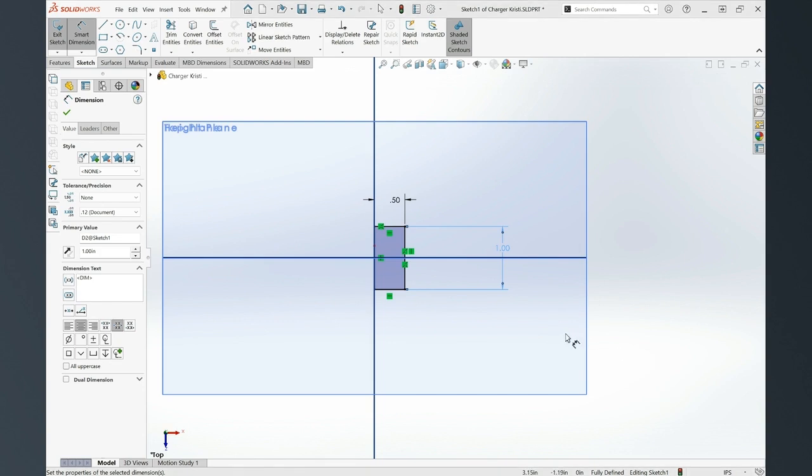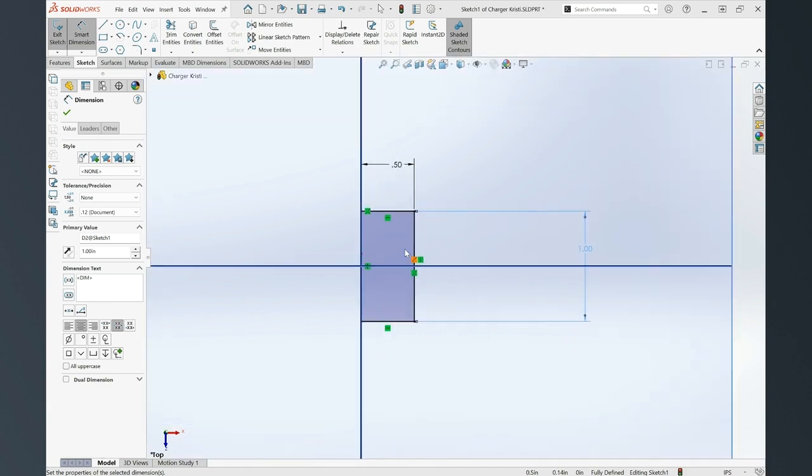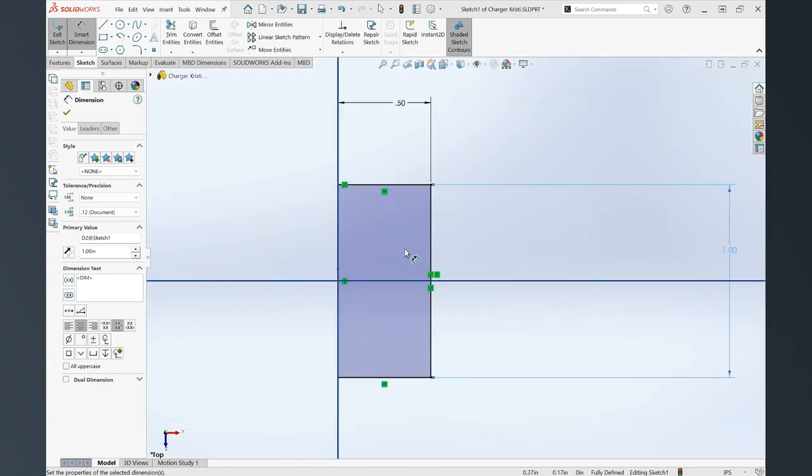The last thing we need to do is round the corners because the charger has rounded corners. So we could round the corners after we're done with the sketch, but to make it simpler this time, we're just going to round the corners now. So we're going to use this tool, which is called the Sketch Fillet tool. This word fillet is different from fillet, which would be like a cut of meat. Fillet basically means a rounded corner. So we're going to click this,